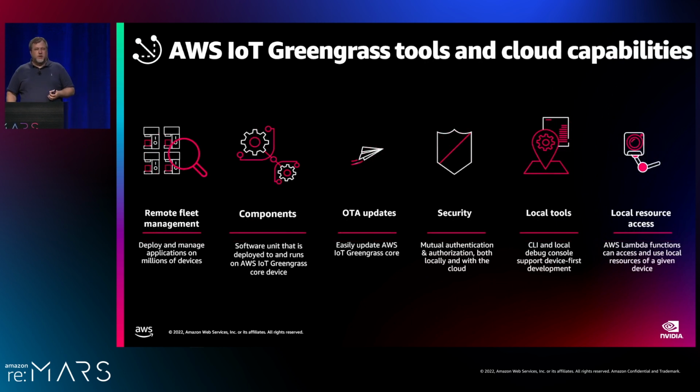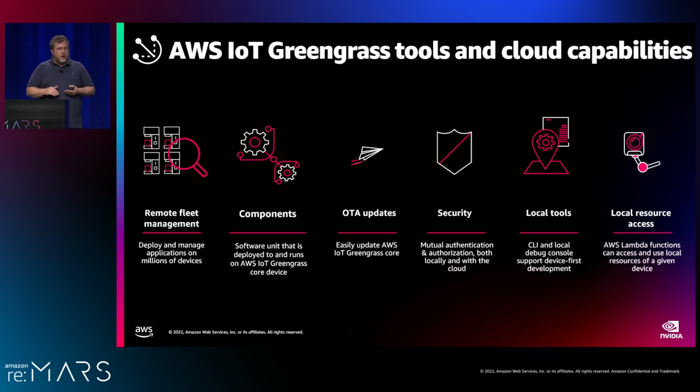All right. Some of the other advantages of using Greengrass to deploy all of your things to it is that you've got this remote fleet management. You can deploy to groups of devices. So you'd usually categorize things by a group and then deploy to all of them at once. And you can even set it to where if I do a new deployment and say I want new models or new code out there, and one or two of them aren't successful, that's fine. We'll go ahead and roll back the ones that weren't successful, and you can go back after the fact and see what happened. You've got the ability to do these over-the-air updates of Greengrass itself, so it can update itself when you push out,